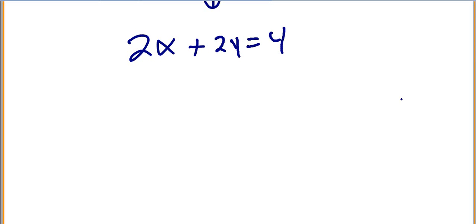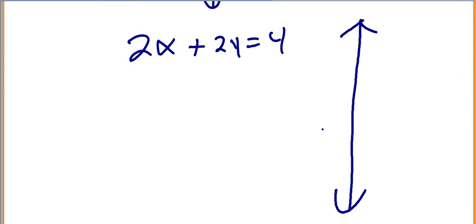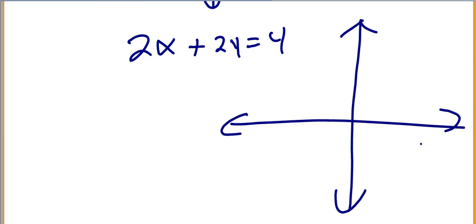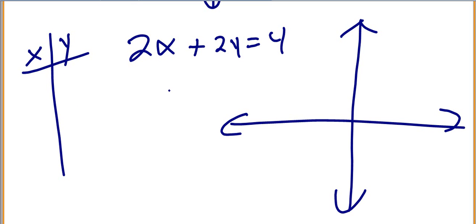And what are we going to graph? Well, we're going to be graphing equations. So we'll have something like 2x plus 2y is equal to 4. And what we want to get is a graph that has all the solutions to this equation. So what do we mean? Well, x is our input, right? y is our output. So if we have an input of 1,